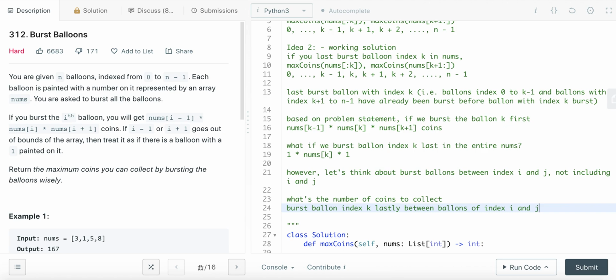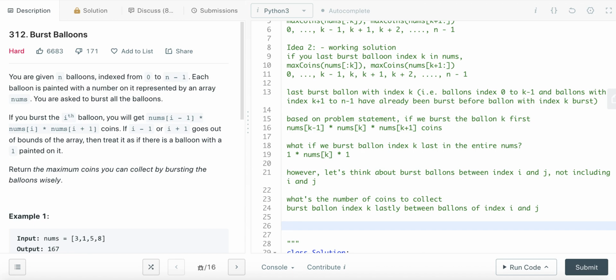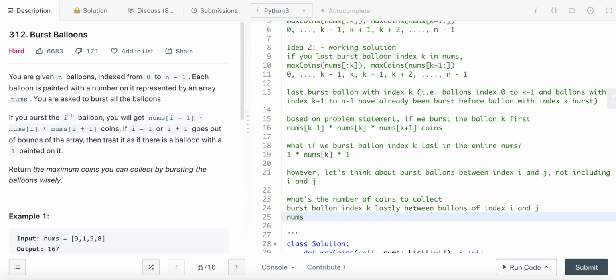Basically the idea is, let's take a look at all the balloons between index I and j, and then we choose an index k out of those balloons, and we assume that we burst that balloon last. So in that case, the number of coins to collect is simply nums I times nums k times nums j